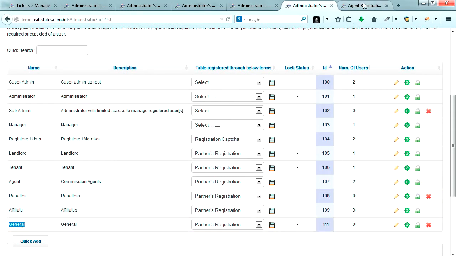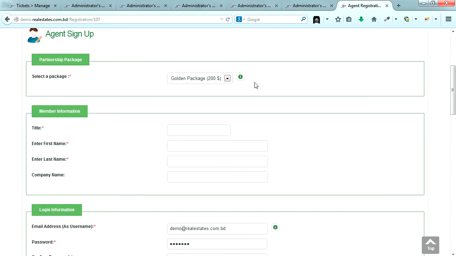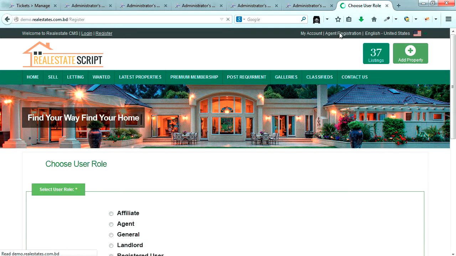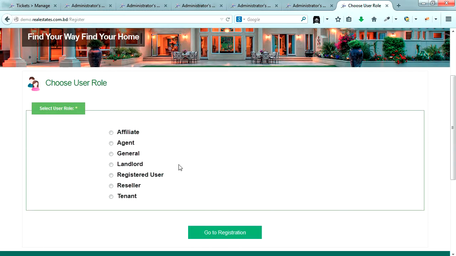And you can see we have created a new general role, and we want users to be registered for this role. So make sure that I select user public to register for this role. So let us go to our front end and click on agent registration. I would like to have my new role available for the user. You can see this is the general user role that we have just created.